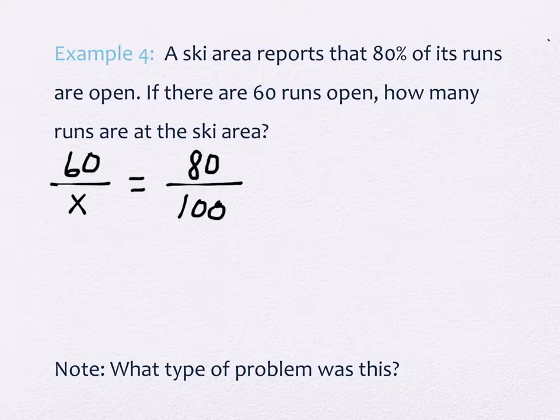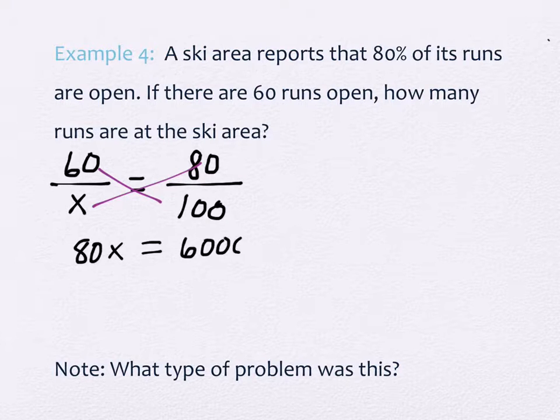Right. We want to make sure that we're comparing the same thing. The language of the problem kind of gives us those clues. So this one says that there are 60 open, and 60 is 80% of them. So the 60 and the 80% correspond to one another. Okay? So it is going to be an 80 in the problem on that one instead of a 20. And then we're going to cross multiply. So we have 80x equals 6,000. We'll divide by 80. 75. There are 75